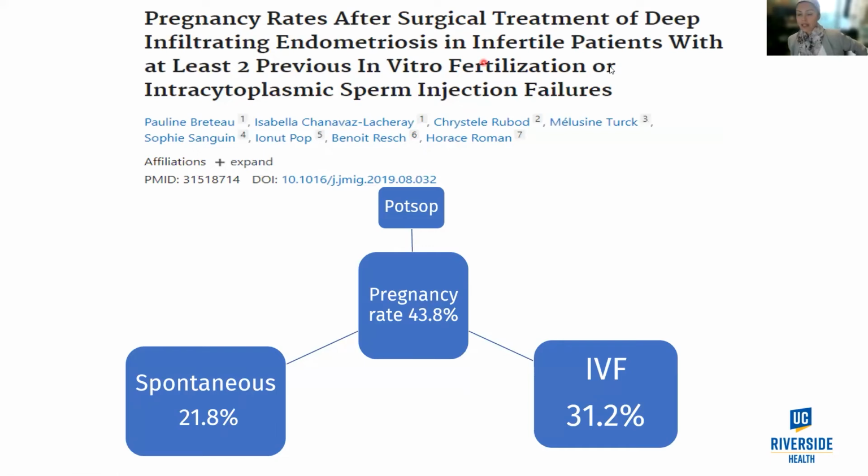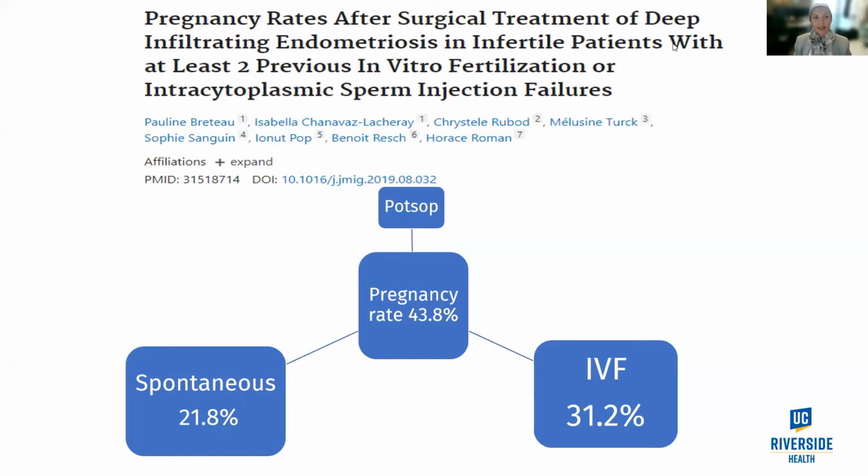Okay, so remember we said that women with endometriosis may have difficulty getting pregnant. So how can we help them? This was a very interesting study that was done on women who had issues getting pregnant, tried IVF twice, were not able to get pregnant, and then had surgery to remove endometriosis. Okay, so let's look at our group again. They're women who have endometriosis, who tried 2 IVF cycles, were not able to get pregnant, had surgery to remove the endometriosis, then tried to get pregnant again.